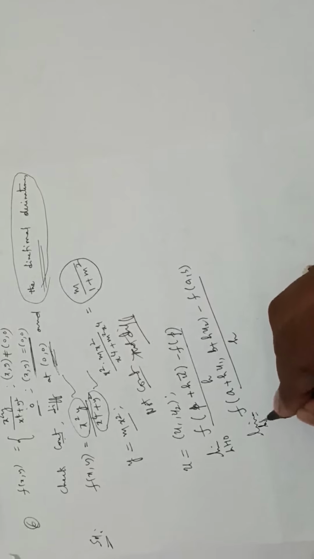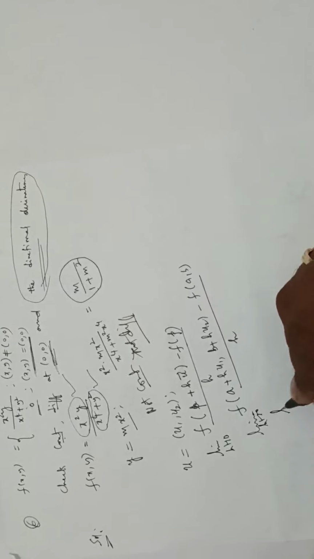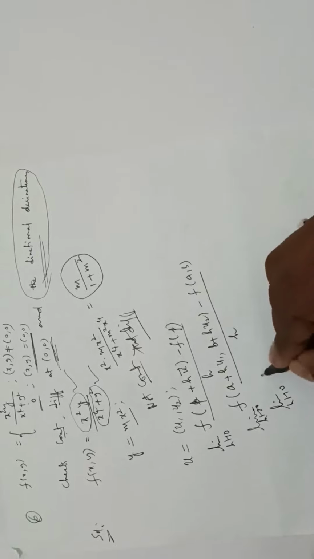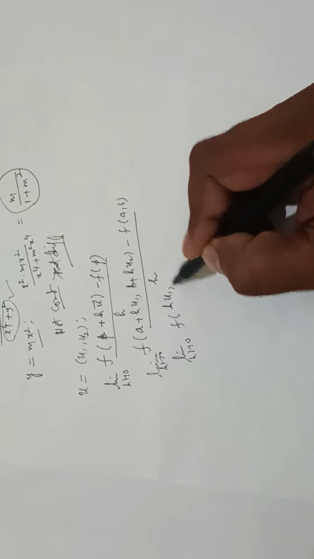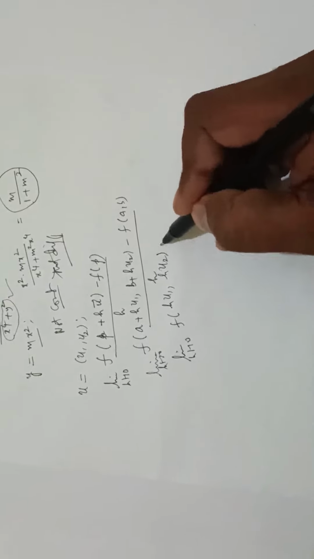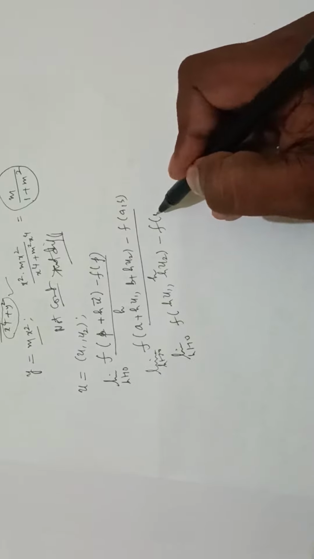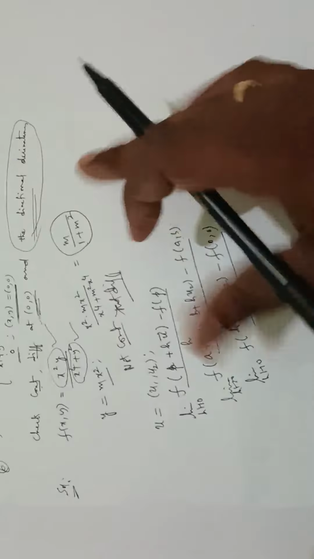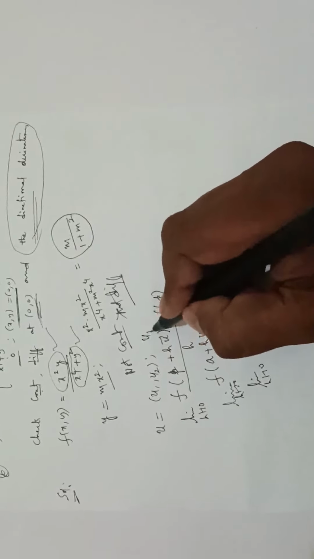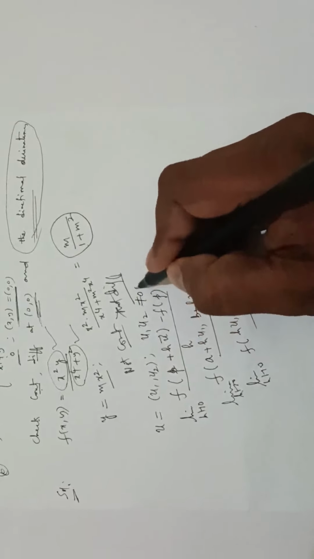Here a is 0, so this is f of h u1, h u2 minus f of 0 comma 0 by h. So here we are choosing u1 and u2 non-zero,